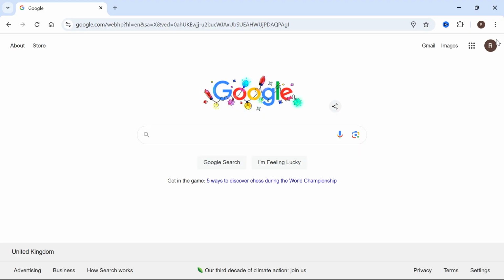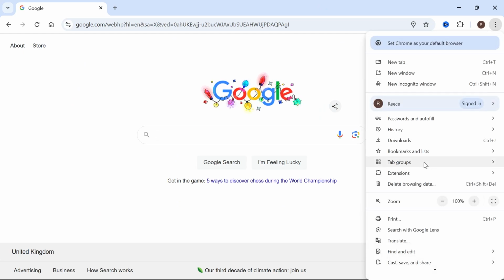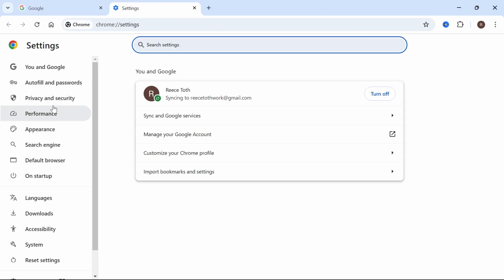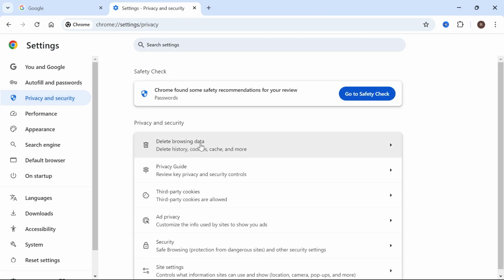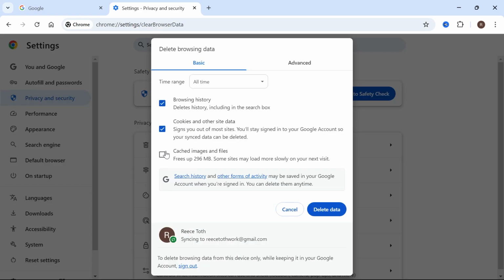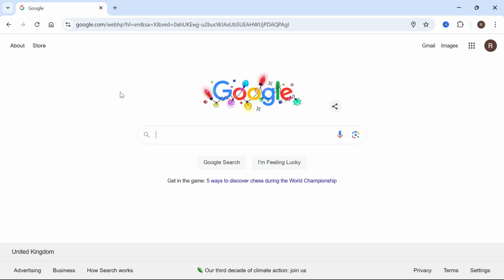If it's still not working, what you'll need to do is click back on these three vertical dots, come all the way down to settings, select privacy and security, click on delete browsing data, make sure you have all three of these boxes checked and make sure the time range is set to all time, and then press delete data. And then once again, you can try launching up Google Chrome, and that should have now fixed any syncing issues